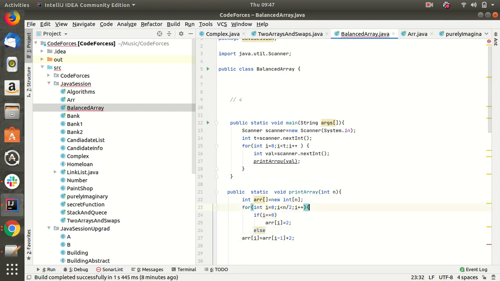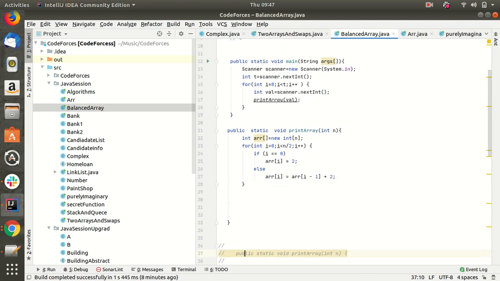If we do it like this, then our first half part is completed. Now we'll go with the second half. Suppose 2 4 1 5, where n is 4. So we constructed 2 4, and now we'll go up to this number.